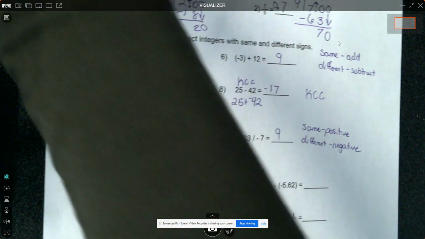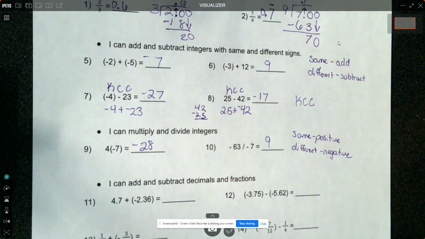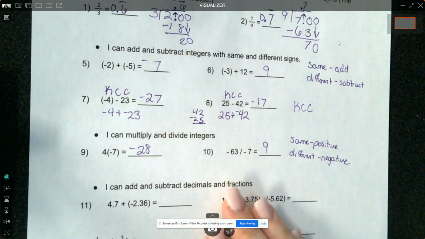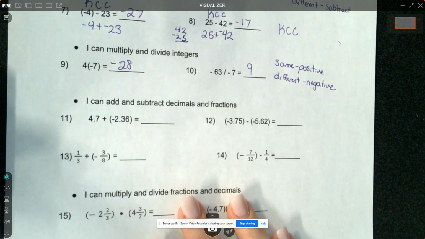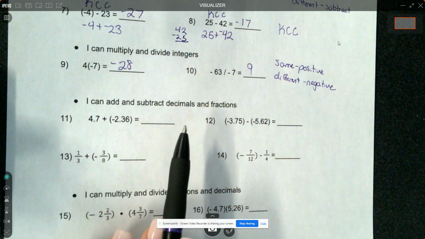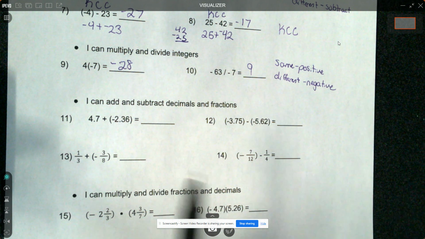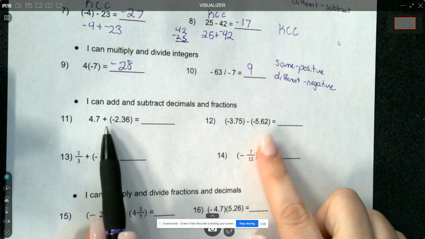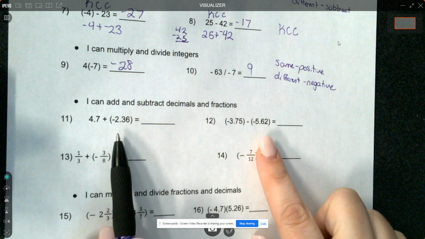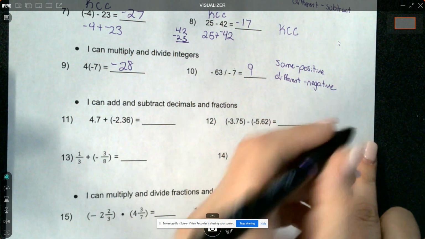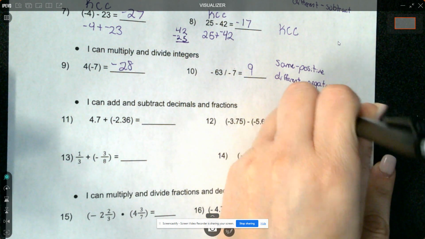So how do you all feel with integers, with the whole numbers? Are we good with that? Any questions? Okay, well, let's look at the decimals and fractions. So I can add and subtract with decimals and fractions. Remember, when you add and subtract decimals, what's the one thing you have to remember to do? Chipper? Line up the decimal points. So line up decimals